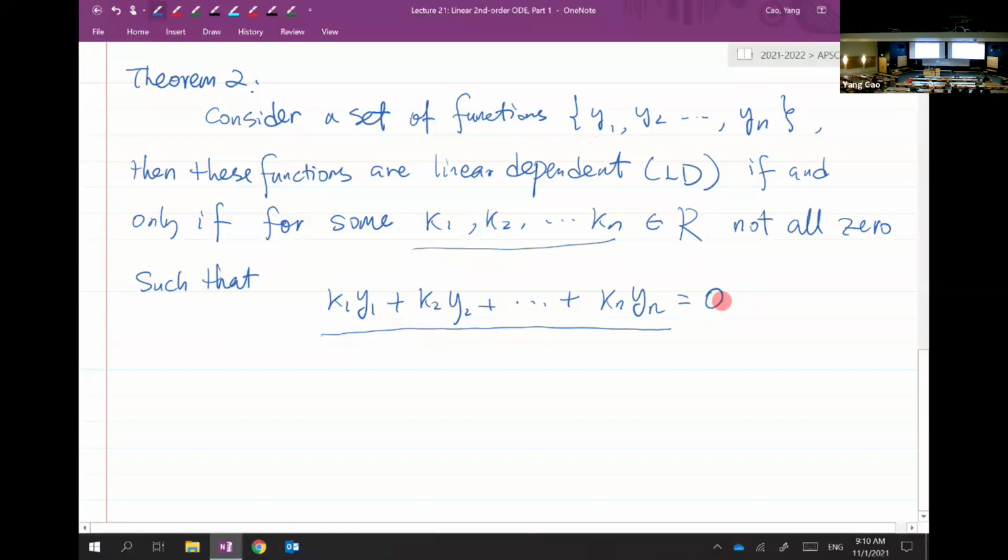If the only option you have is to give k1, k2, kn all as 0, then instead of linear dependent, we have a different name. We'll call it linear independent. So that's the extension of theorem number 2. We said, only when all the ki's, k1, k2, up to kn, with i equal to 1, 2, up to n, are 0,